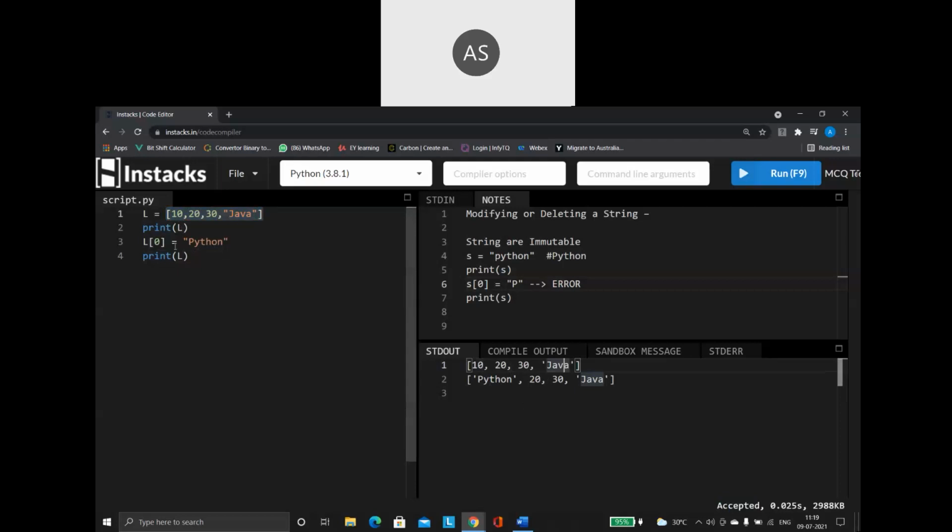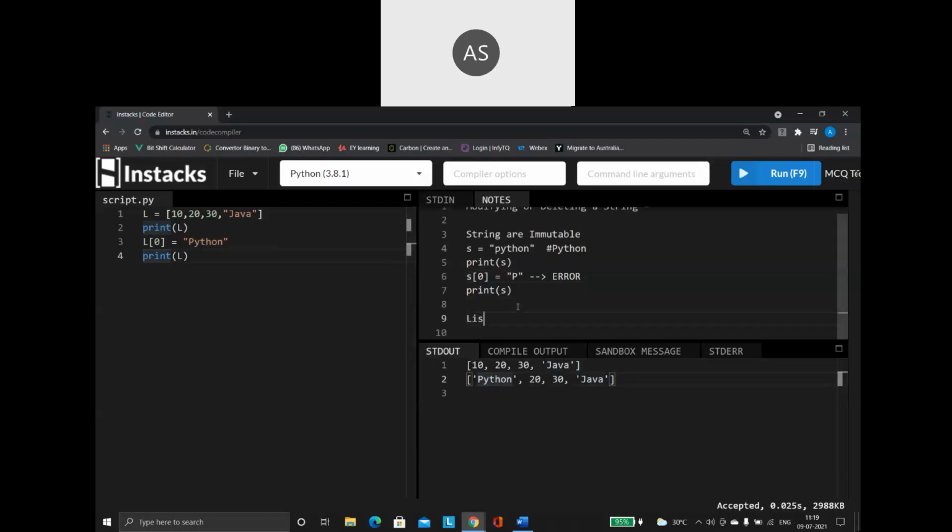Then I'm saying L of 0. List is also index based. So L of 0 means the first index value. Now I am changing it from 10 to Python. And then when I run it, see how it is getting changed. Why is this happening? Because list is mutable. Mutable means you can do the modifications.